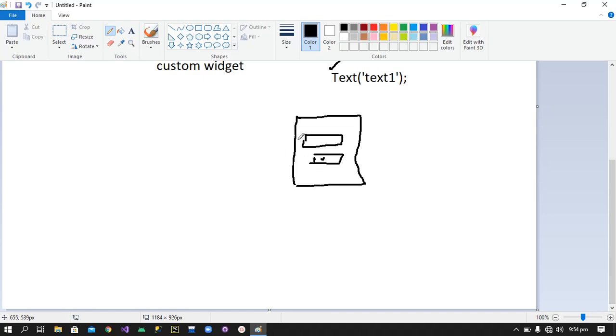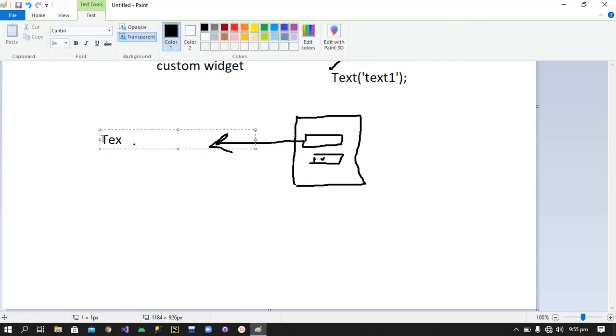So for that we first have to write a text widget. For this I will write Text, and inside this I will put my string in single quotation marks, because in Dart a string is always in single quotation marks. Like I will write Press here.